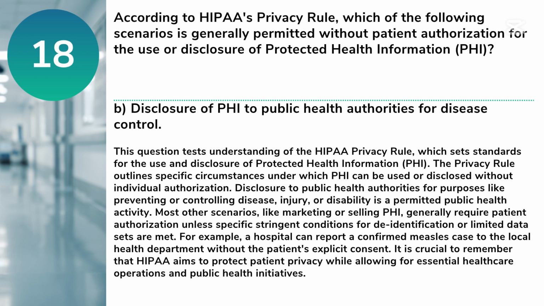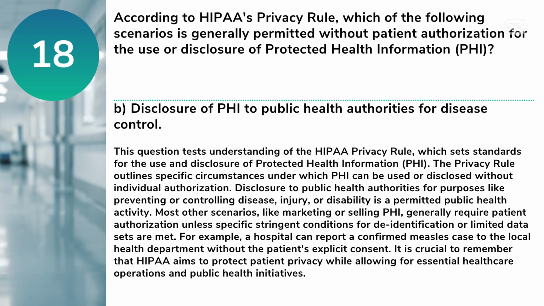activity. Most other scenarios, like marketing or selling PHI, generally require patient authorization unless specific stringent conditions for de-identification or limited data sets are met. For example, a hospital can report a confirmed measles case to the local health department without the patient's explicit consent. It is crucial to remember that HIPAA aims to protect patient privacy while allowing for essential healthcare operations and public